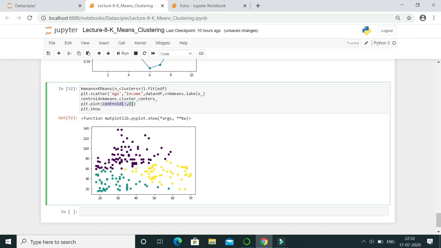And what is the y coordinate? Centroid 1. Next we denote it with dot and specify the color as red. So c is equal to red. When we execute it, we get three different centroids, denoted in red. So finally we have created our three clusters for our customer segmentation.